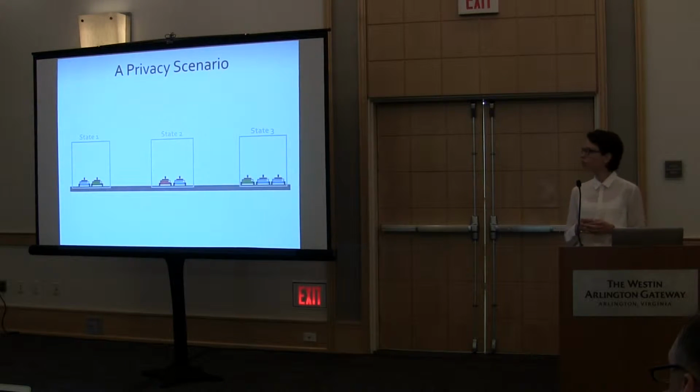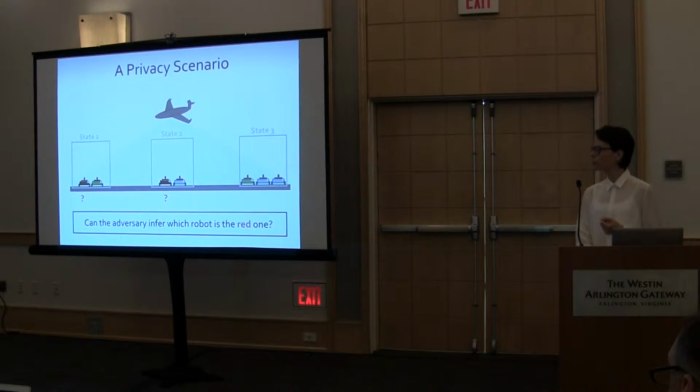At any point in time, we can actually observe the system in its behavioral state. So for example, here we can see that we have groups of robots in 2s and we have groups of robots in 3s. Now let us assume that a malicious outsider can actually observe the system. From the outside, however, all these robots look the same. But the adversary may actually have some side information. For example, he may know which robots are the green ones and which ones are the blue ones. But what he really wants to find out is which one is the red one. So the adversary is now going to try to use the side information to find out which robot this is. This is the problem that we're trying to tackle here.